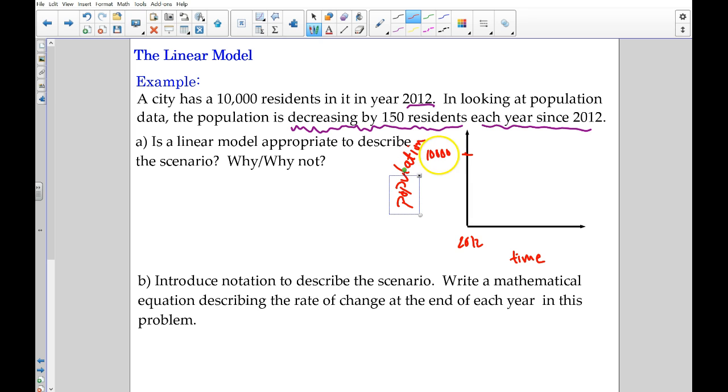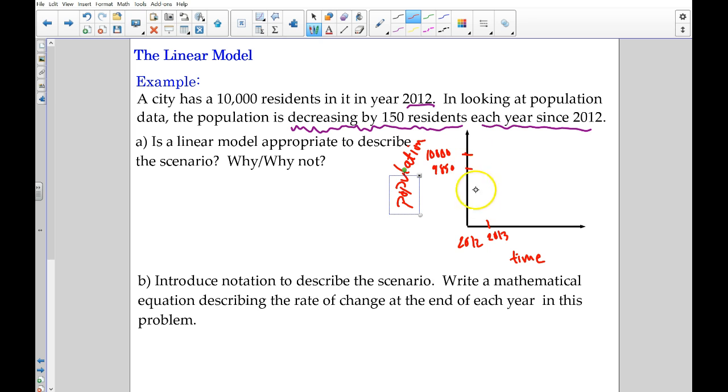Okay, so 10,000, and then the next year, again, I'm not introducing a scale per se, but in 2013, well, if it decreases by 150 residents each year, okay, at 2013, this would decrease by 150, so this would be